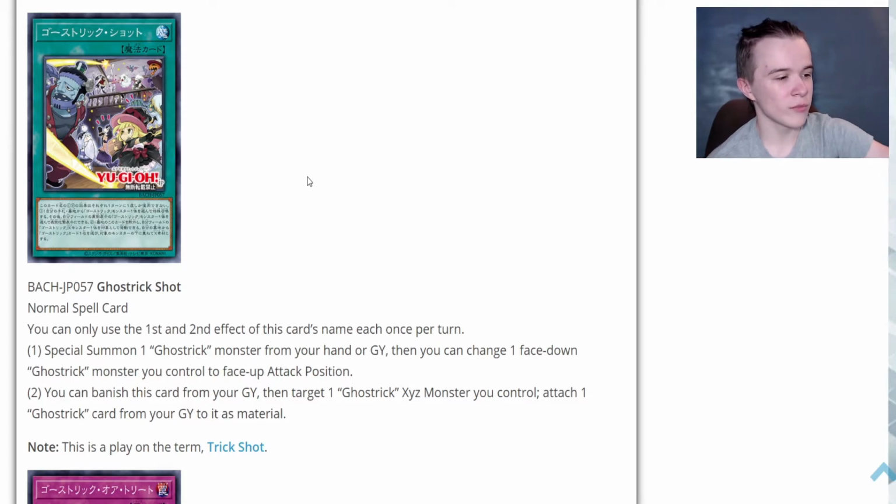And then you can banish this card from the graveyard, then target a Ghostrick Xyz you control, attach a Ghostrick card from your grave to it as material. Alright, so...